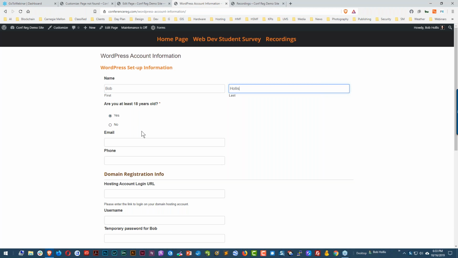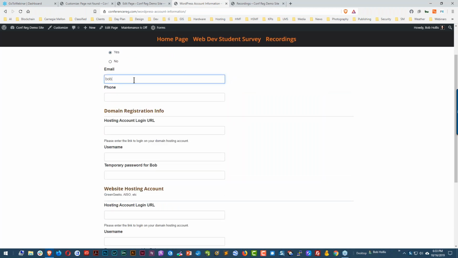So I'm saying, yes, I am at least 18 years old. I can put in my email address. Just stick with a short one there. Phone. And since this is going to be posted on a website, I'm just going to do that, which is not real. Hosting account login URL. So I'll just put url.com, but you know what would go here. If it were GoDaddy, whatever the login URL is to get to your registration account, that's what I would need. Username,